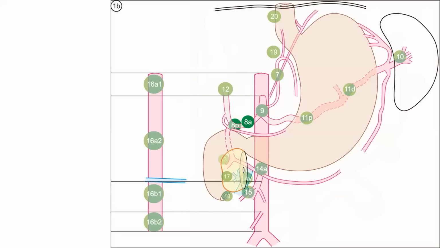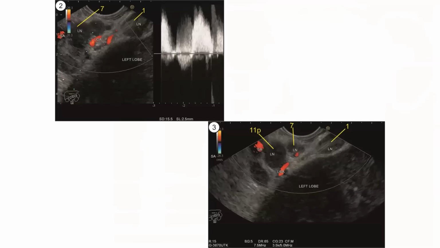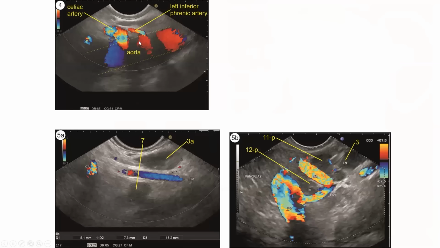Stations 1 to 6 are mainly perigastric. Then they are along the vessels, and then 16A1, A2, B1, B2 are more distant, outside, retroperitoneal. This is an example of lymph nodes of different stations as defined by the gastric cancer classification of lymph nodes. This is lymph node 1 and 7 in the upper figure, and then this is lymph node 11P station. This is the aorta. You see the aorta, the phrenic artery, the celiac artery. You see the left gastric artery, lymph node 3 along the left gastric, lymph node 11P along the splenic artery, 12P along the